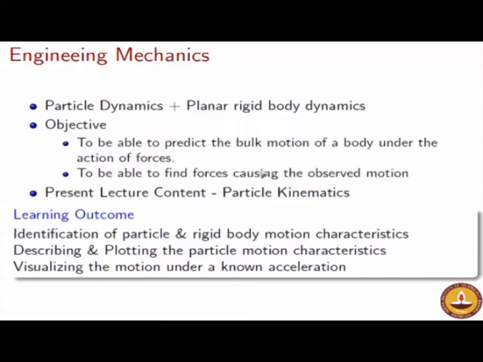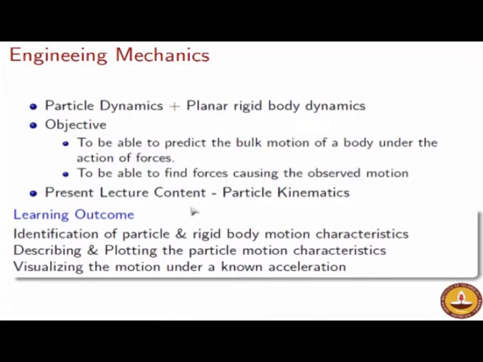This is probably not in the purview of an engineering mechanics course, but nonetheless I wish to bring it to your attention, which is just the converse of the previous problem. In the forward problem, given the forces you are trying to predict the motion. In the backward problem, if you know that this is the desirable motion, or if you know as a reverse engineering problem that this is the observed motion, you can try and calculate what are the forces which have caused this motion. So both are very interesting problems in their own right, and hopefully we should try and address them.